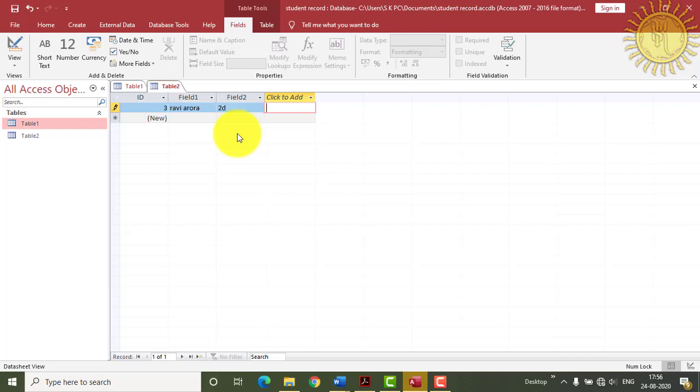Then move to the next with the Tab key and again enter other data. Then to the other.